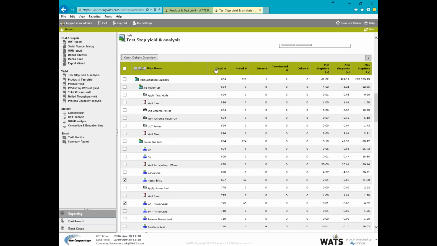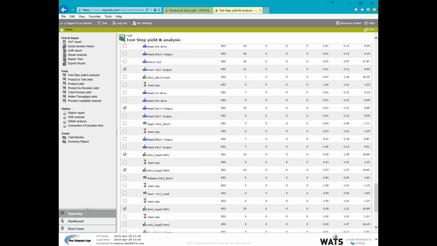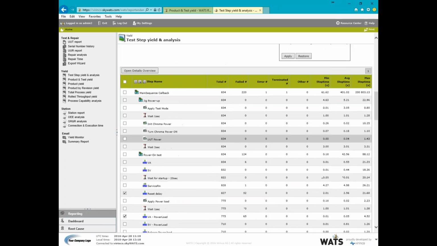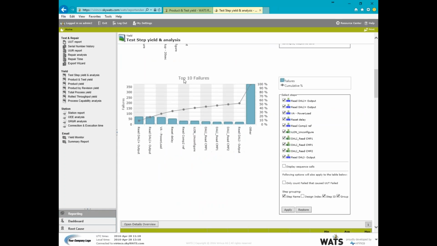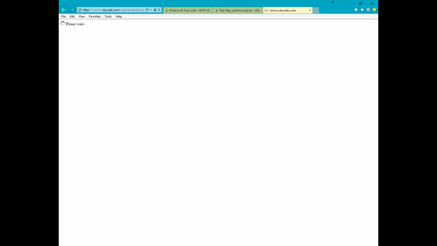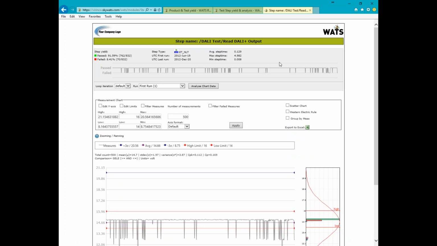At the bottom here I see all the times my test steps and sequences have been run. They're all listed here, every single step that is in this test sequence. To the right of my top 10 failures, I have all the individual ones that I can explore further. So if I want to have a look at my top failure, the read DALI plus output, to try to investigate why it's failing, I can click this. You will get this picture